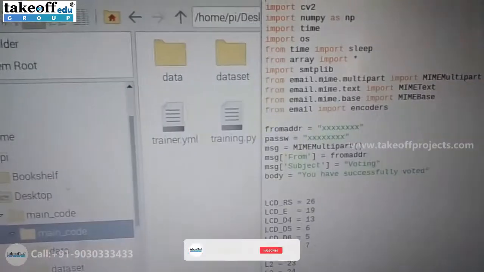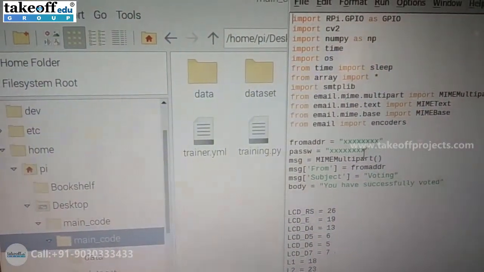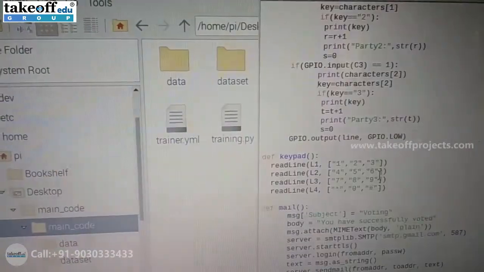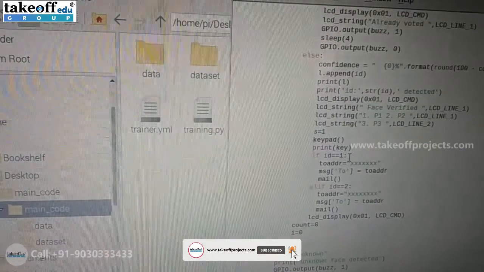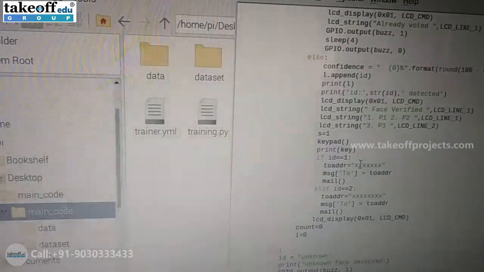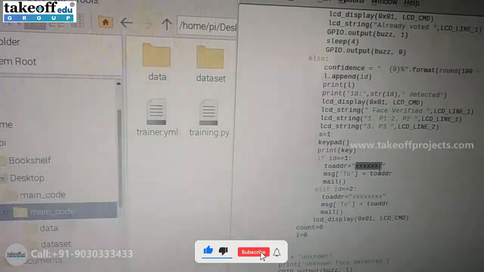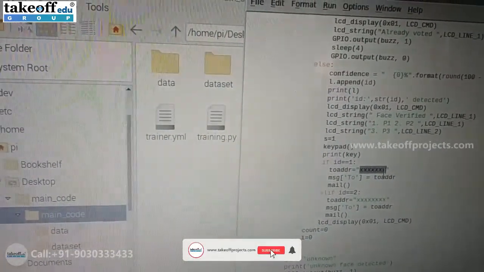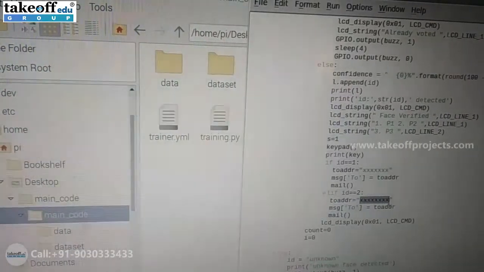Here you need to enter the email address and password of the sender. And under one, you need to enter the mail ID of the recipient, meaning whoever is enrolled under ID number 1. For ID number 2, you need to enter their mail ID and so on.